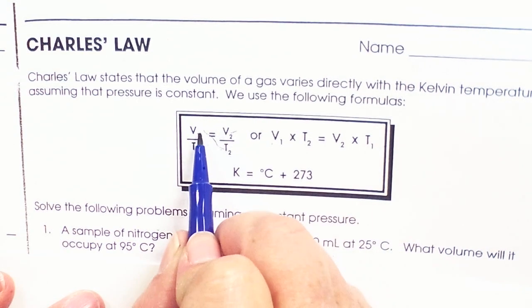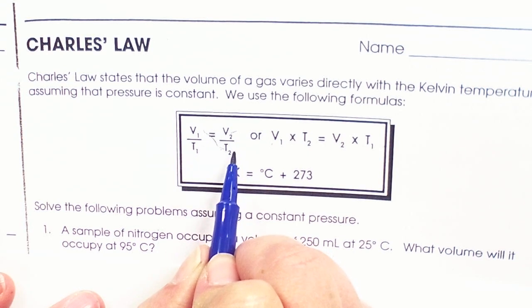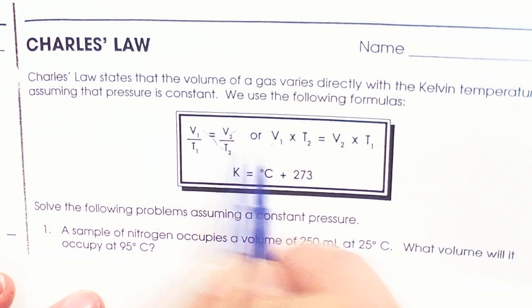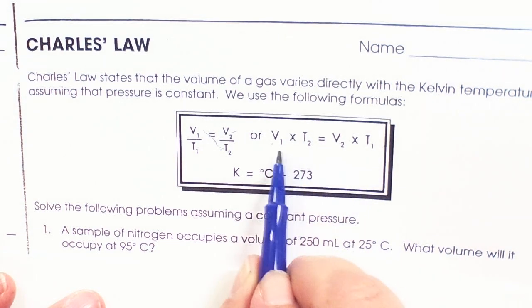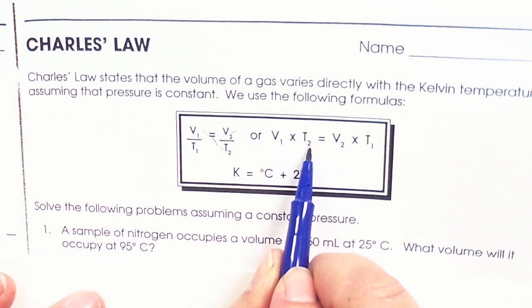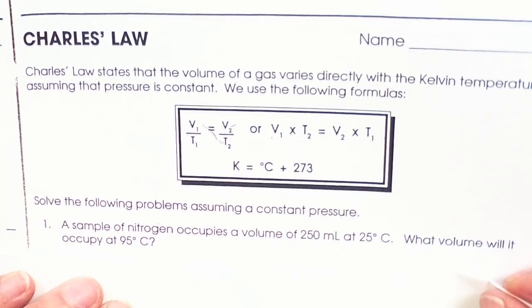The benefit is that all your ones are on one side and your twos are on the other side. That's the benefit for the fraction. The benefit for the linear is that you don't have to face the fractions. So whichever you want to do. But remember, if you go linear, the temperature is on the opposite side that it should be, right? It's going to be with the ones.